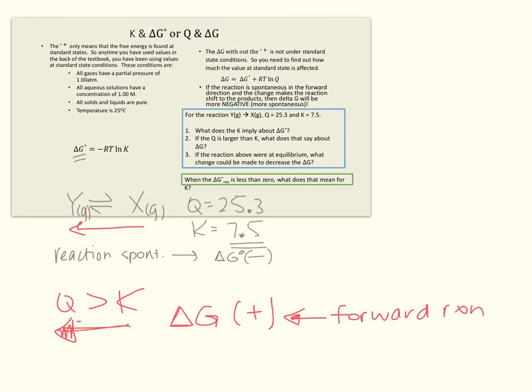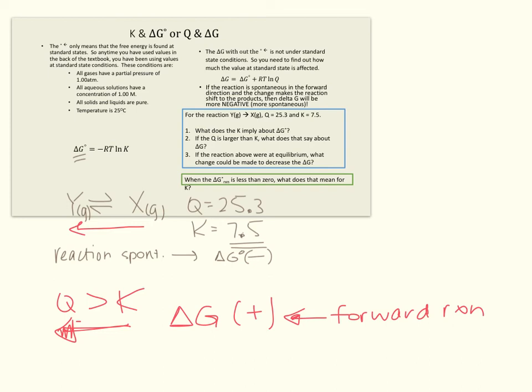And if it's going backwards, then it's not going in the forward reaction. So the backwards reaction is spontaneous. And if the reaction above were at equilibrium, what change could be made to decrease the delta G? And so if we want delta G to go down